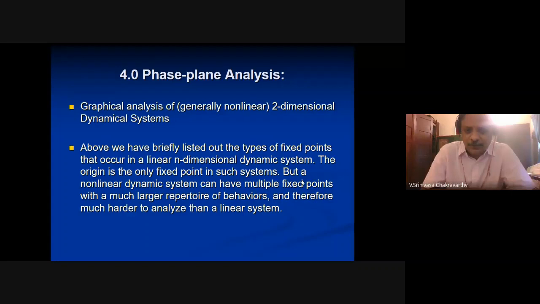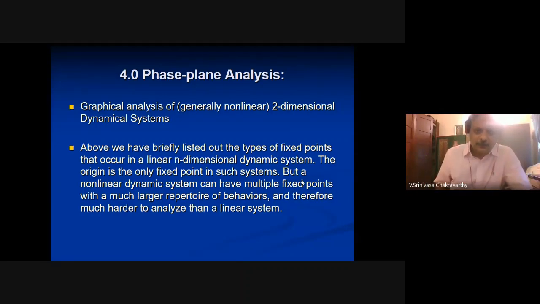But the moment you go to nonlinear systems, it's literally all hell breaks loose because there's no general solution or general way of characterizing and understanding how it works. Every system is different, right? So you can only give some general tools to approach the study of nonlinear dynamical systems, right? And one such tool is phase plane analysis. So this is a kind of analysis that is applicable to two-dimensional general nonlinear systems. Generally, they are nonlinear. You can also apply it to linear, but it's trivial,